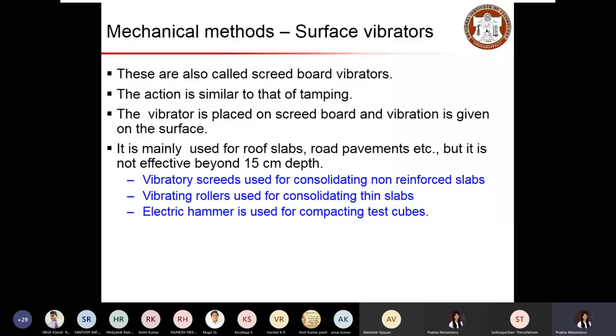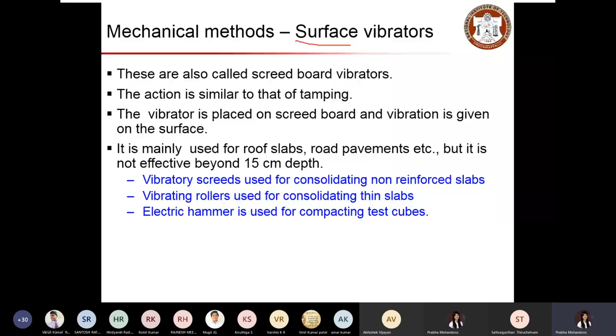There are some vibrators called surface vibrators. You place your concrete, and then on the surface of the concrete you place this vibrator to vibrate. This will be effective when you have a large surface area, especially at ground level.